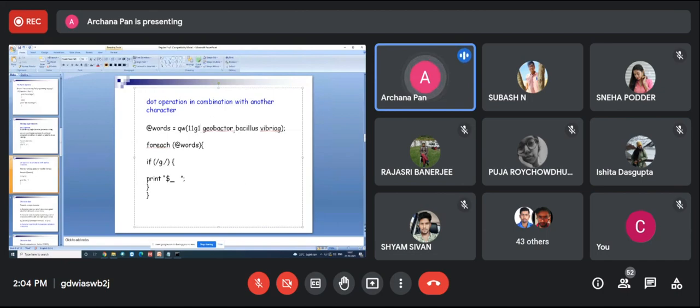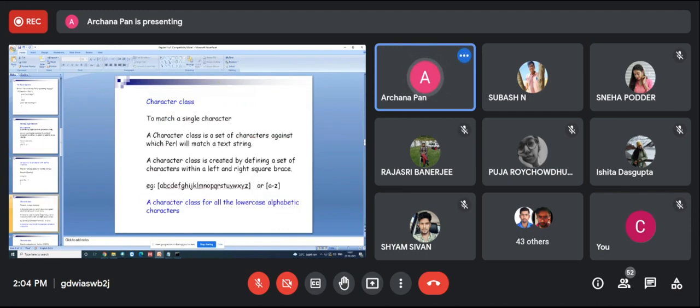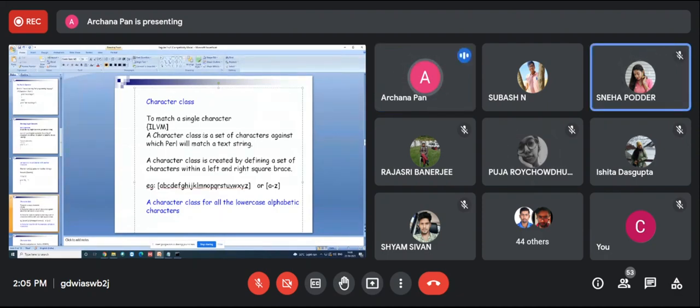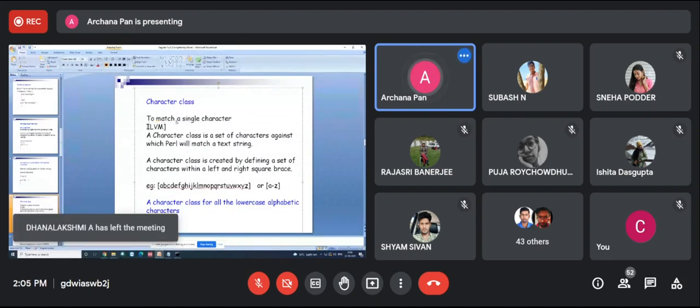The first is the match operator. Within the match operator, we are using the dot operator. Then we are going to learn the character class. So what is the meaning of character class? Actually, that is from sequence analysis when we were learning pattern search. Did you remember that within the square brackets I wrote IL? Yes, ma'am. So the same one is the character class.